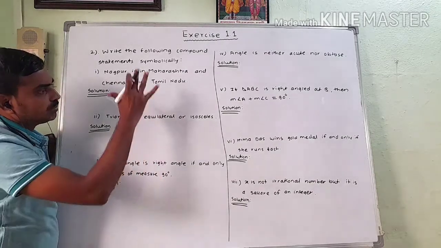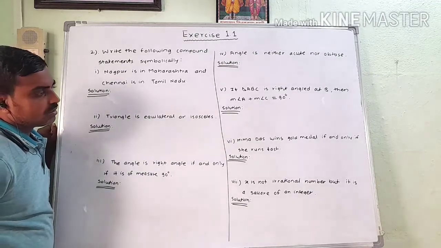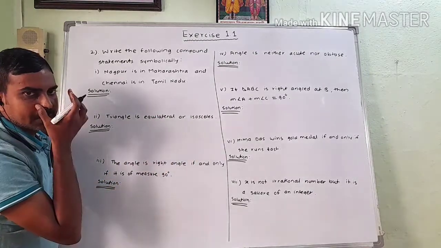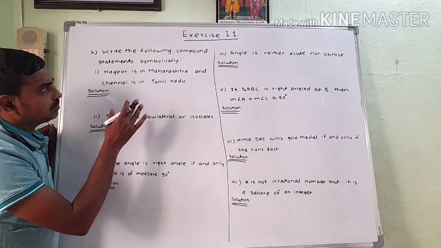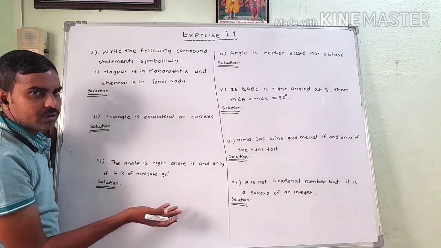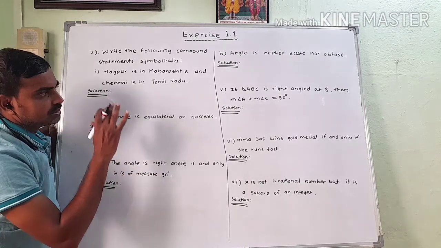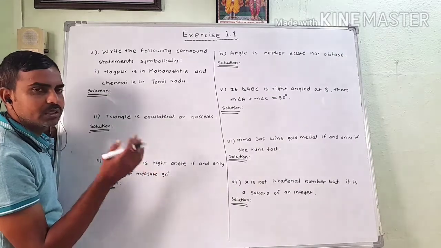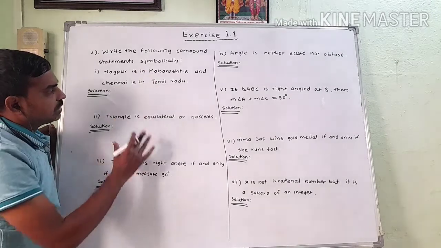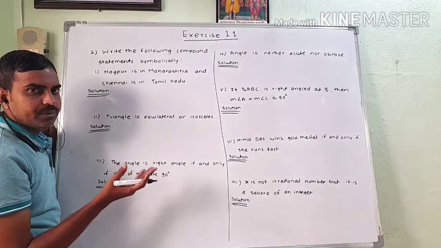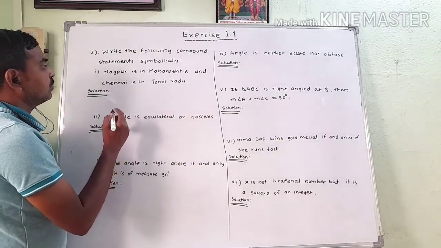Here seven compound statements are given. We have to write all compound statements in symbolic form. Means all these sentences are statements or compound statements, and we have to write them in symbolic form. You know that if an individual statement is there, then simple statements are written in the form of alphabets, small p, small q, small r, like this. So if there are two simple statements, then we write p and q as simple statements, and then we write them in compound form.